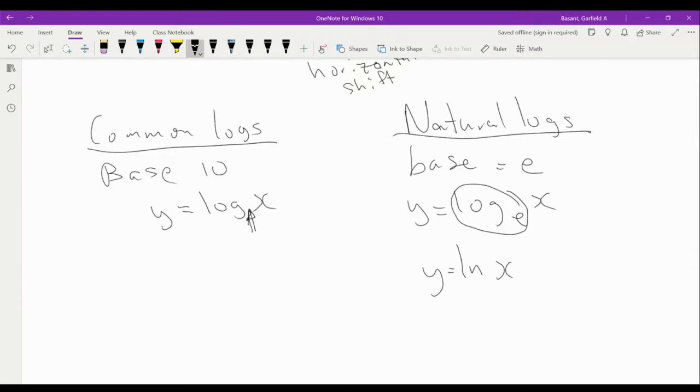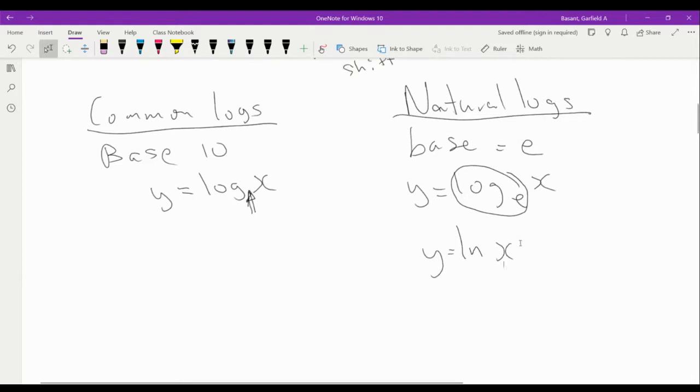The base could be anything. The base could be 2, 3, 4, 5, whatever we want, right? As long as it's positive. But these are two more common ones, and these are the ones that are actually in your calculator,